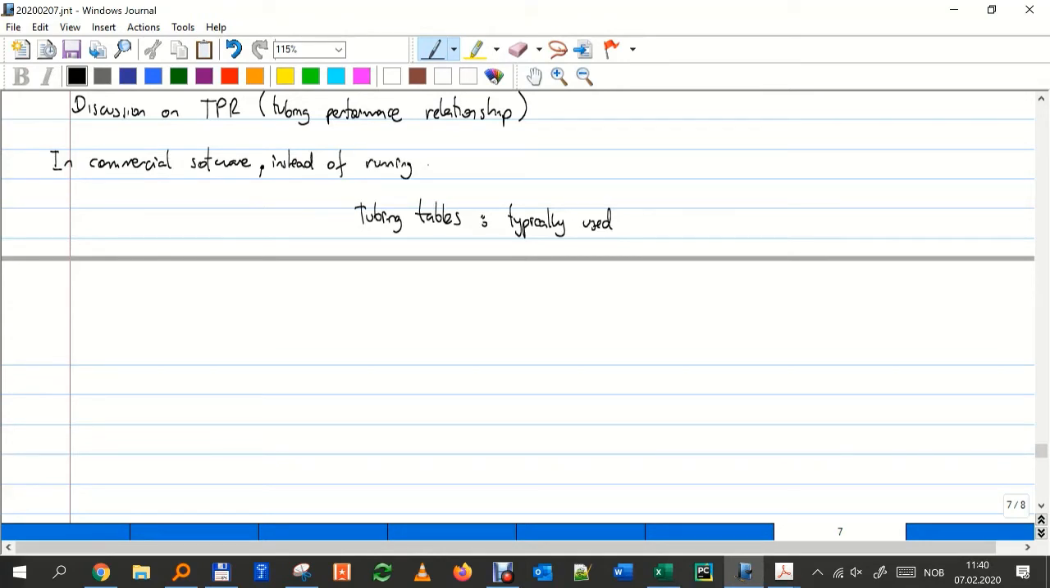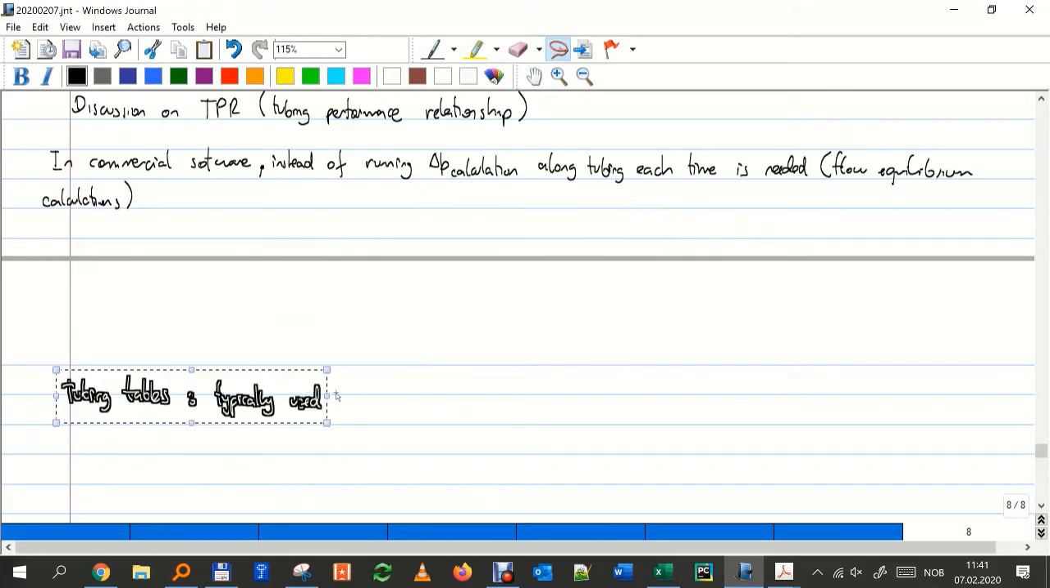running delta P calculations along the tubing each time is needed. For example, it can be flow equilibrium calculation. Instead of, in our case, it will be that tubing equation, right? We called it every time. But in commercial software, instead of running DP calculations along the tubing each time is needed,